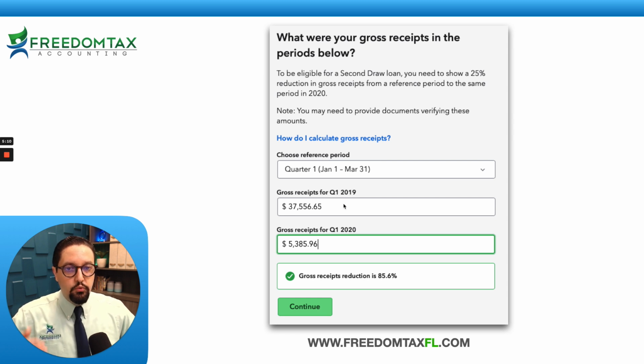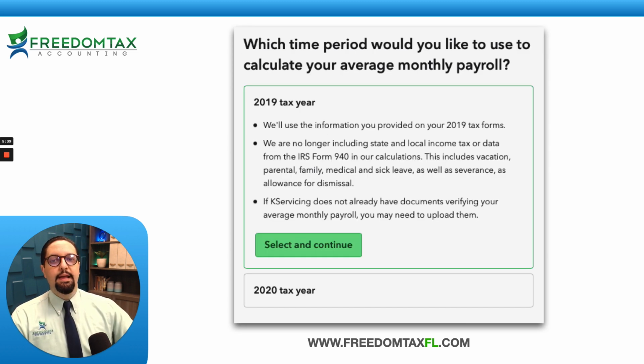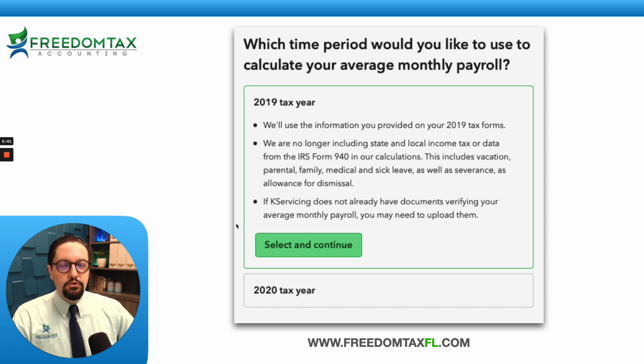For this example, we are using first quarter 2020 and first quarter of 19. So in the bottom here, we put the total revenue for first quarter 2020. And here we put the total sales for first quarter 2019. And you can see there's an 85% reduction in revenue. So we meet the 25% revenue test. So we click continue. And here it is going to ask you what payroll period you are going to use for